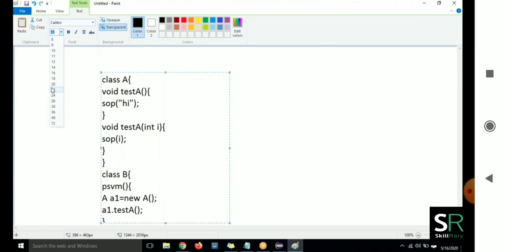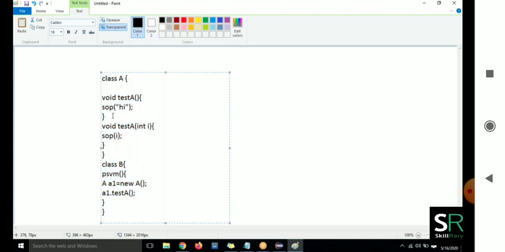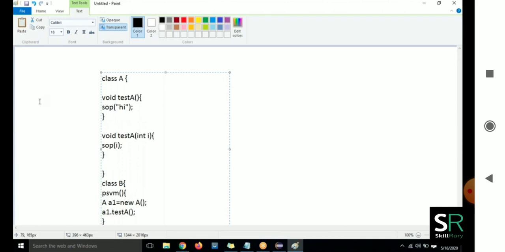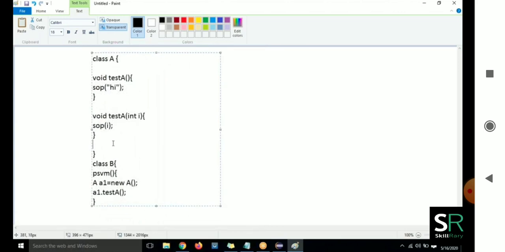Okay, there is one class A. In class A, there are two methods. One is the testA method without taking any arguments, and there is one more method with the same name but different signature, where it is going to take int as an argument.